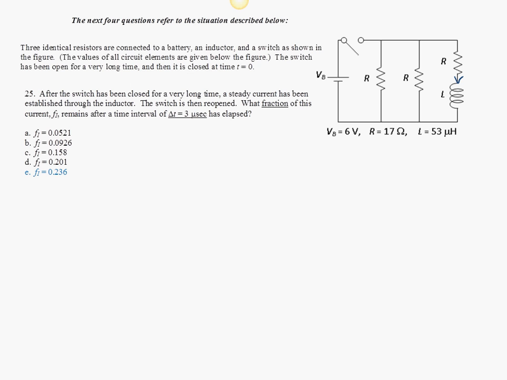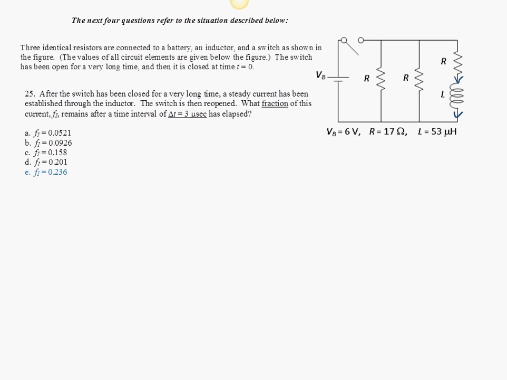And we know what's going to happen is that the inductor will want to keep the current flowing. So even though there's no longer a battery there, the inductor is going to keep pushing current through these loops here. It's probably useful to rewrite this circuit here because when the switch is open I can combine,